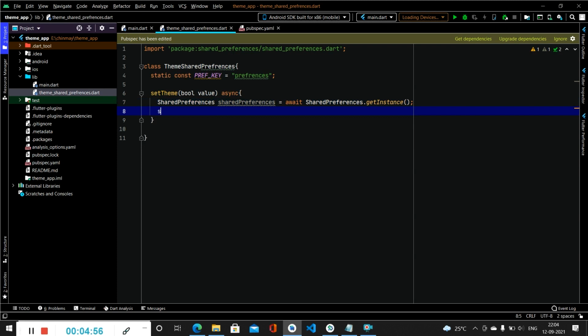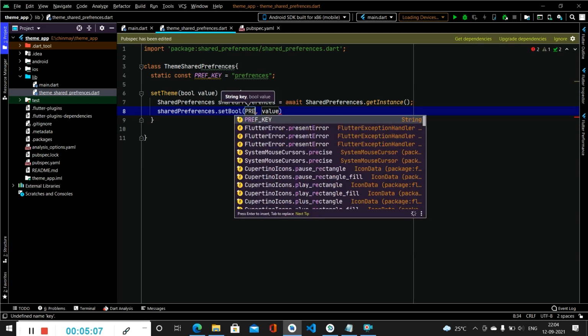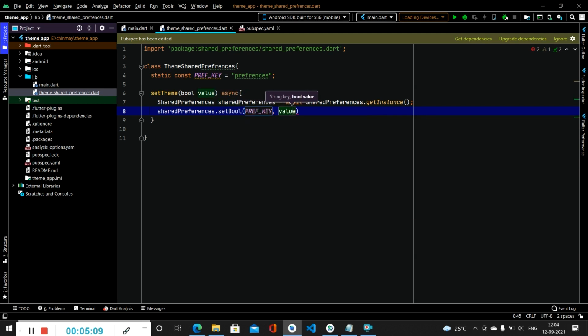Now after that we will simply call shared preferences set bool, and inside this we will pass our key as the pref key which we created above, and then the value which we are passing inside this function. Then we simply give a semicolon. Now this is our set theme method.